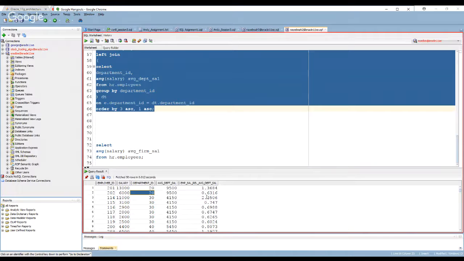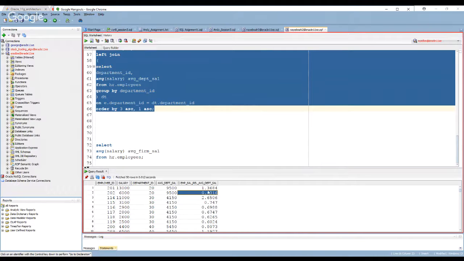And the funny thing is, if you look at this department, there are 2 people there. The average salary is 9,500. One of them is making 13,000. The other is making 6,000. So from a percentage standpoint, the first guy, employee ID 201, is making about 36 or 37% more compared to the average than the other guy. And the other guy is making obviously 63% relative to the average.